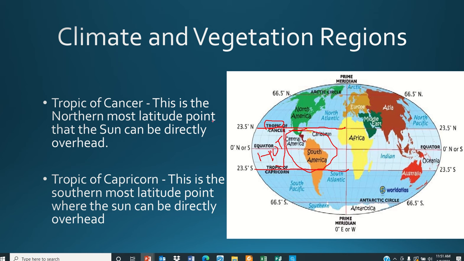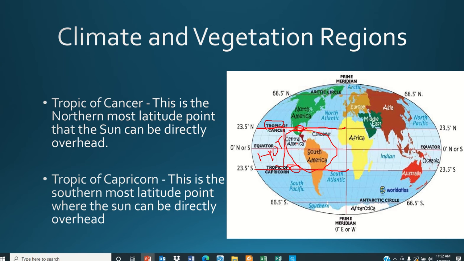The Tropic of Cancer is the northernmost point that the sun can be directly overhead. The Tropic of Capricorn is the southernmost point that the sun can be directly overhead. So just think of that. When you hear Tropic of Cancer and Tropic of Capricorn, everything in between is essentially the tropics.